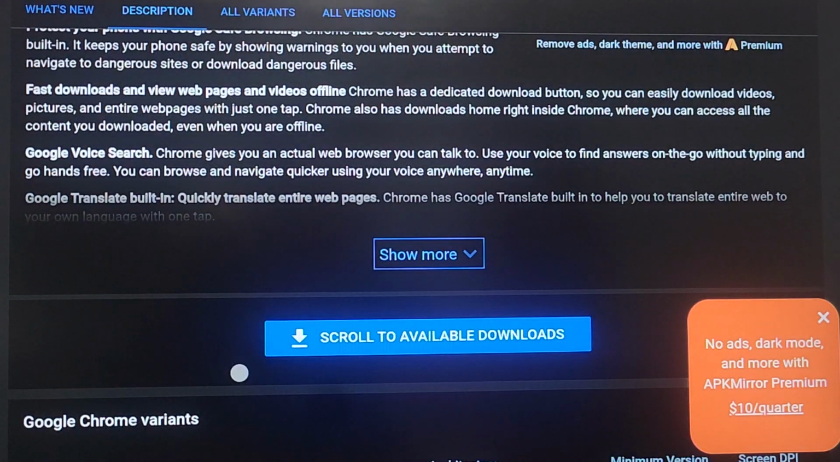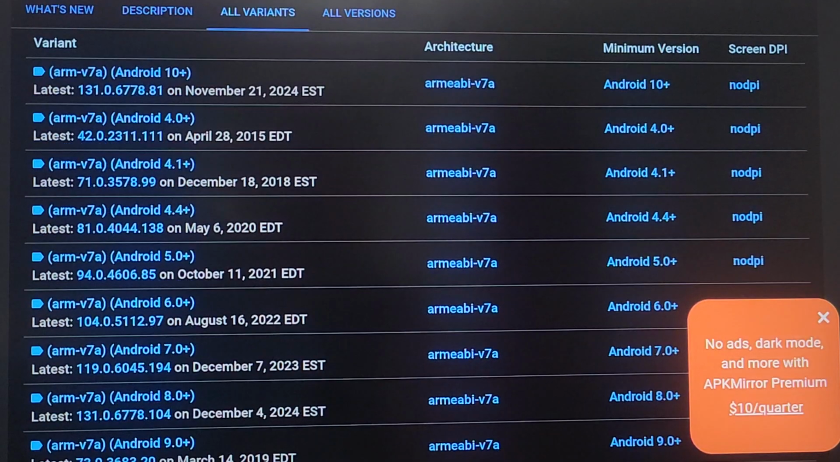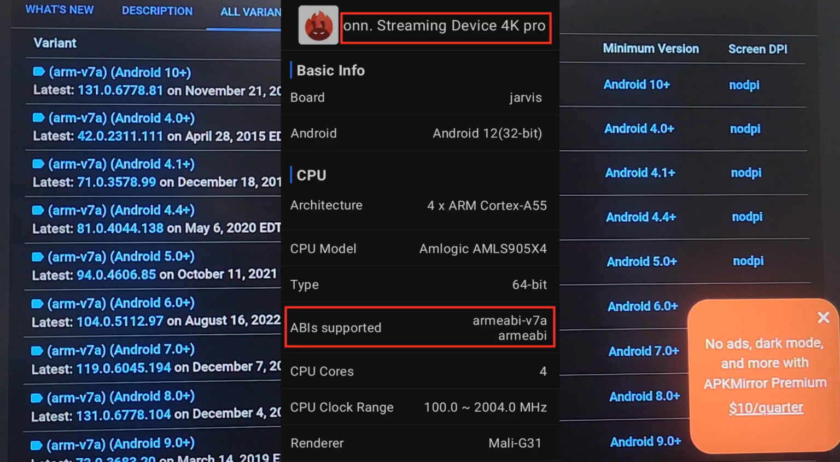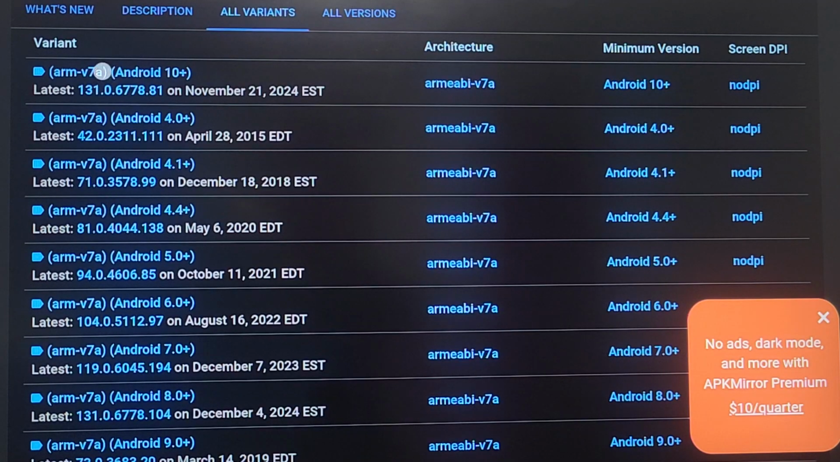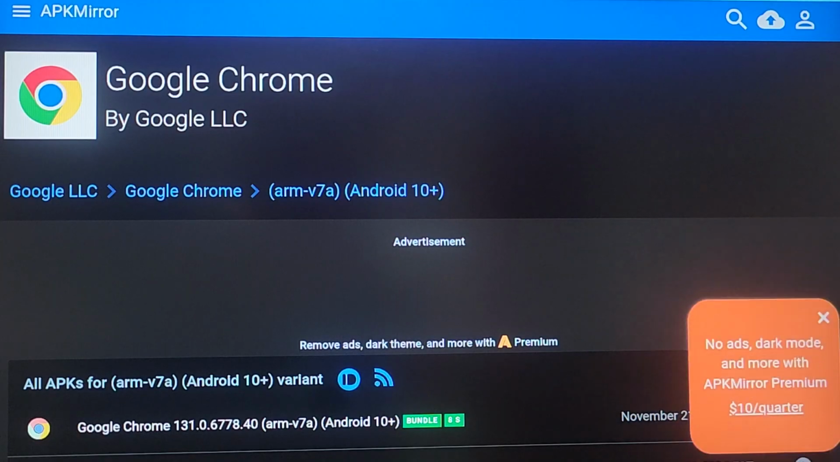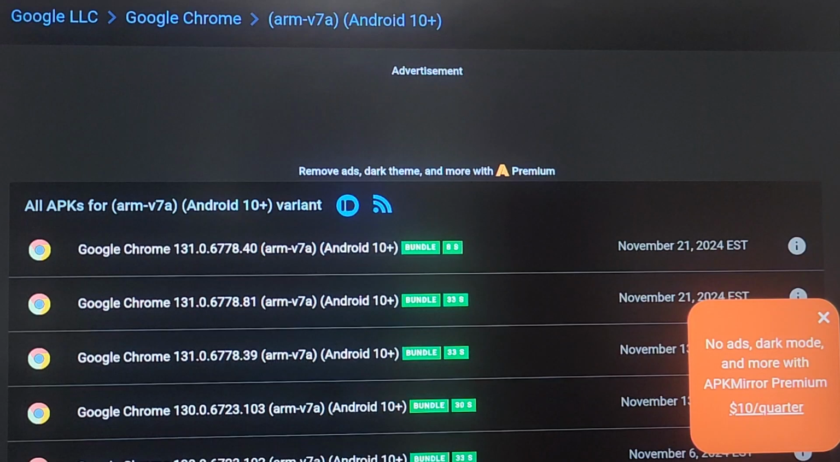So we go down to see available downloads. We are looking for ARM EABI v7. This is the architecture used in the 4K Pro Streamer, on Google Chromecast 4K, and I believe the Google Streamer as well. So I click here. And it shows me